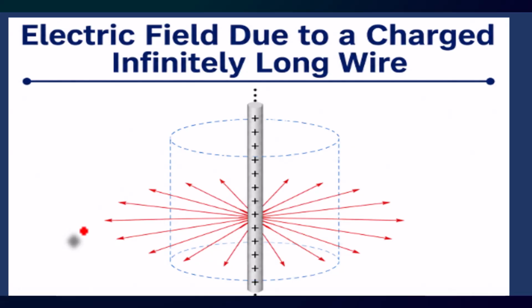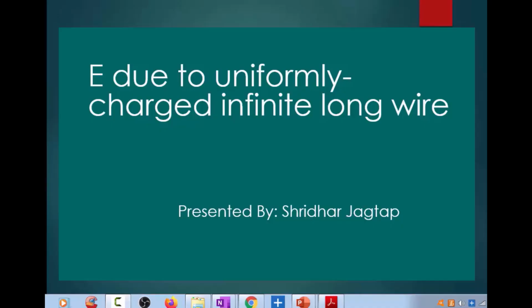Let's begin. So we understood Gauss's law and Gaussian surfaces, and here is an application of Gauss's law to find out the electric field due to a uniformly charged infinitely long wire. Before we start that, let's